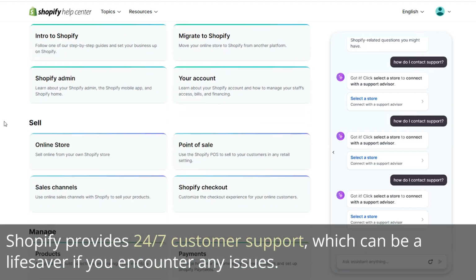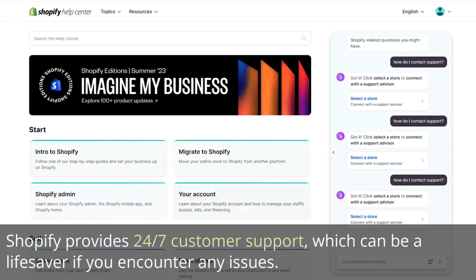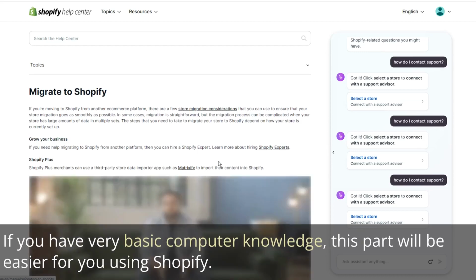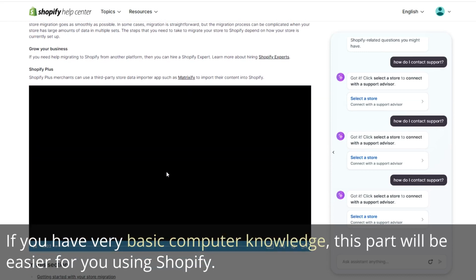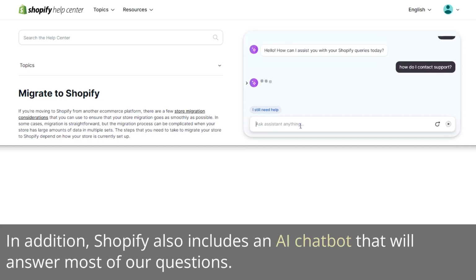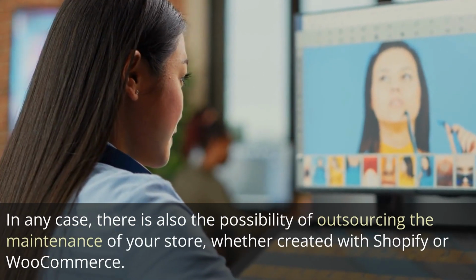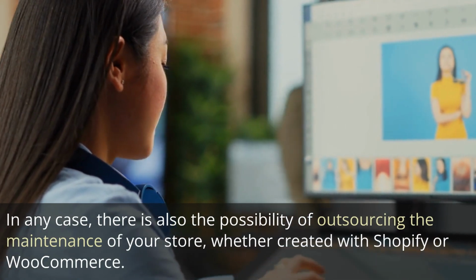Shopify provides 24/7 customer support, which can be a lifesaver if you encounter any issues. If you have very basic computer knowledge, this part will be easier for you using Shopify. In addition, Shopify also includes an AI chatbot that will answer most of our questions. In any case, there is also the possibility of outsourcing the maintenance of your store, whether created with Shopify or